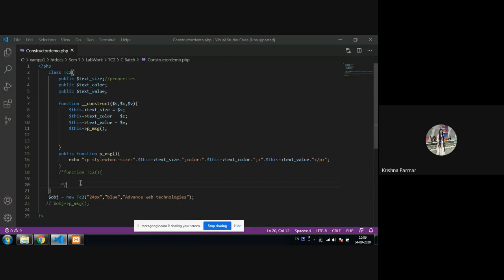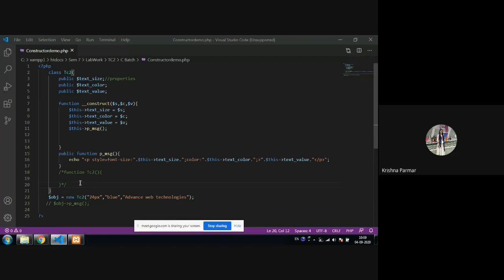Generally destructor is always used for the cleanup process, like cleaning your memory. That is the main goal for destructor. And whenever your script is ended, at that time it will automatically call.